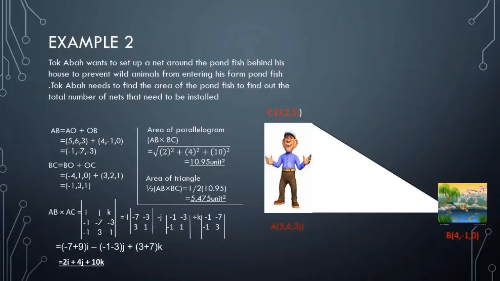Question. Tok Abah wants to set up a net around the pond fish behind his house to prevent predators from entering his farm pond fish. Tok Abah needs to find the area of the pond fish to find out the total number of nets that need to be installed. The formula is